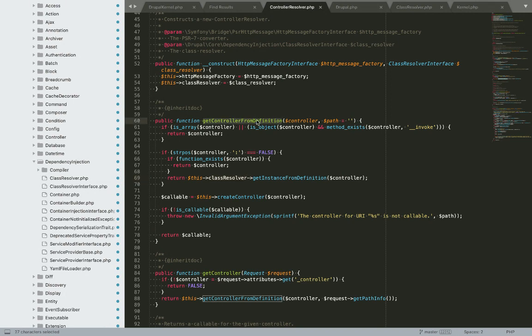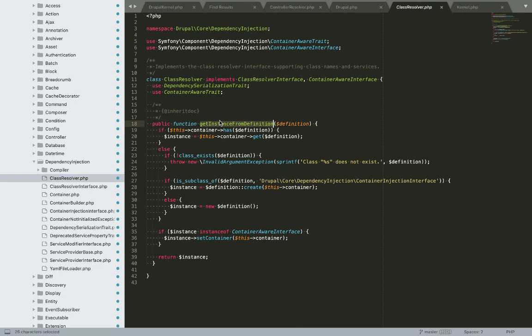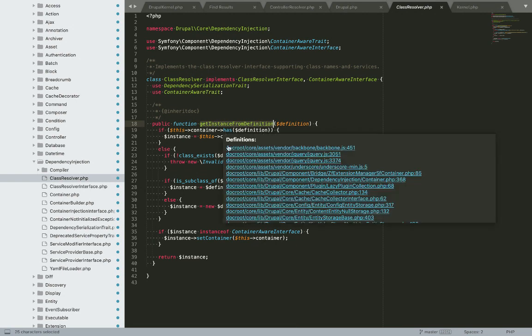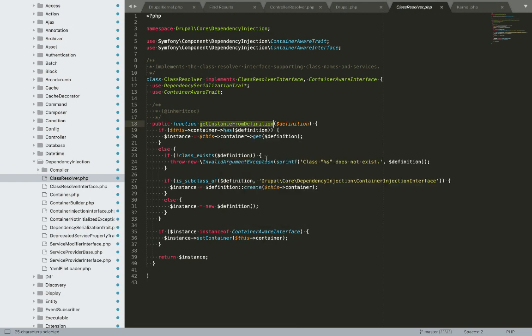The controller from definition function calls this get instance from definition, which is here. If I go to the definition of this function, I can see the definition of the class is passed on to this function.